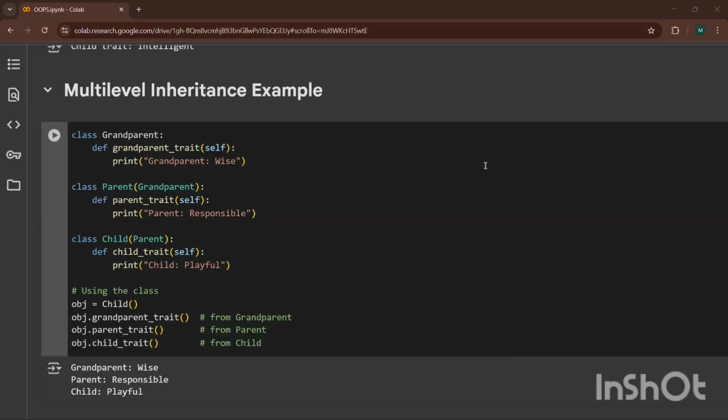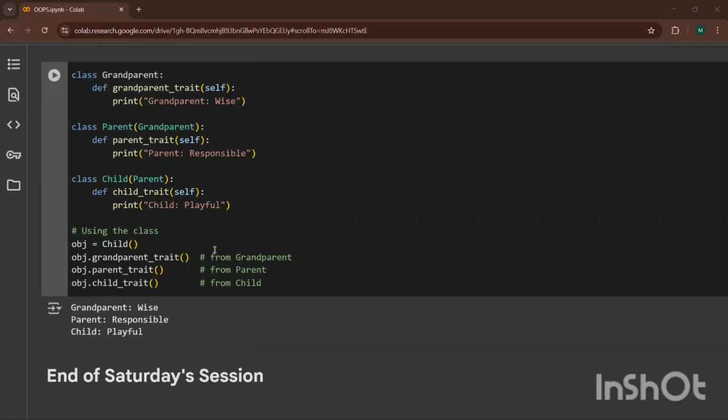Is this code clear, everyone? Everyone, it is clear? Great.